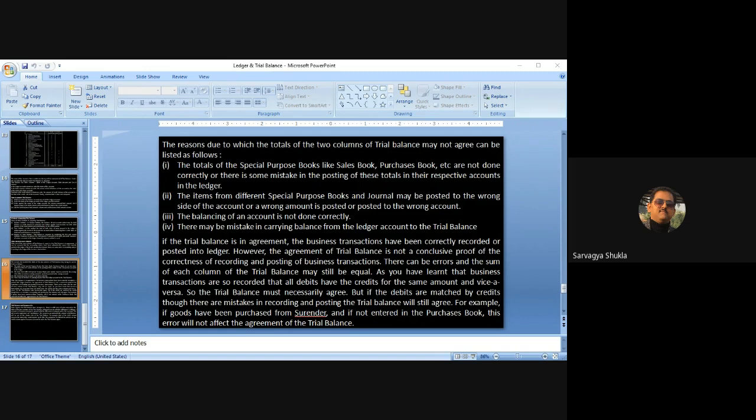आपने जो टोटलिंग किया, जो पोस्टिंग किया अमाउंट का, वो प्रॉपर किया है, आपने अकाउंट का नाम सही लिखा है, सही साइड में लिखा है। ट्रायल बैलेंस का टैली होना ये नहीं बताता कि आपके अकाउंट में कोई एरर नहीं है। केवल अर्थमेटिकल एक्यूरेसी को ही ये जस्टिफाई करता है। इसलिए लिखा हुआ है कि ट्रायल बैलेंस इज नॉट अ कंक्लूसिव प्रूफ ऑफ द करेक्टनेस ऑफ रिकॉर्डिंग एंड पोस्टिंग ऑफ द ट्रांजैक्शन।